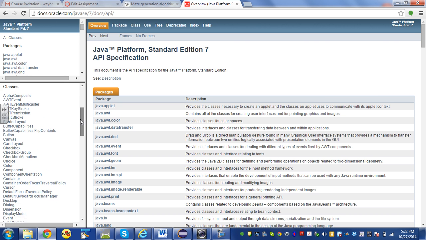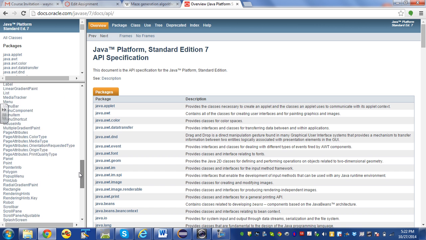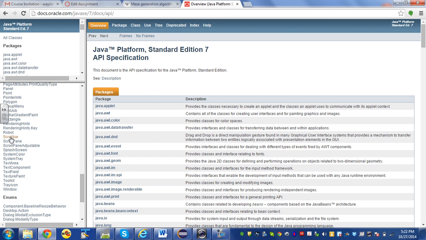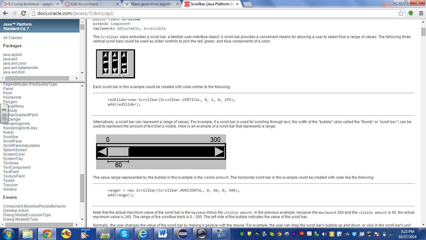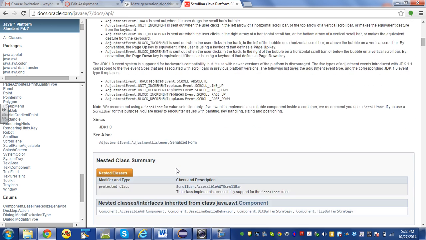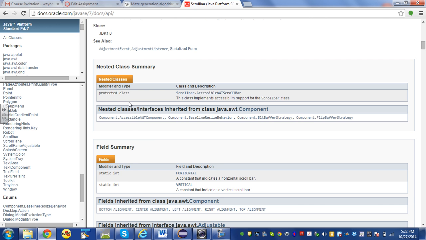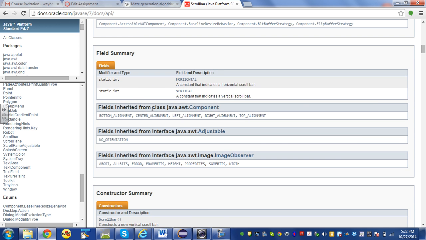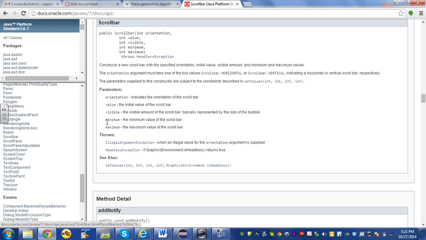And I was just kind of looking through here at things that I thought might be interesting, and I found Scrollbar, and I thought, that's interesting. Well, how do I create a scroll bar? And it looks like this. All right, that's good. And I saw down here where it says constructors. And there's this one. It says orientation, int value, int visible, int minimum, int maximum. So I clicked on it,